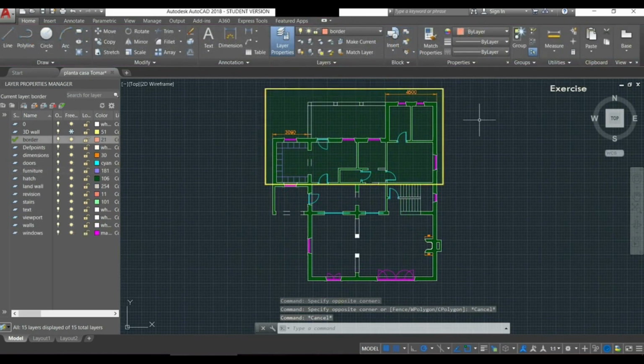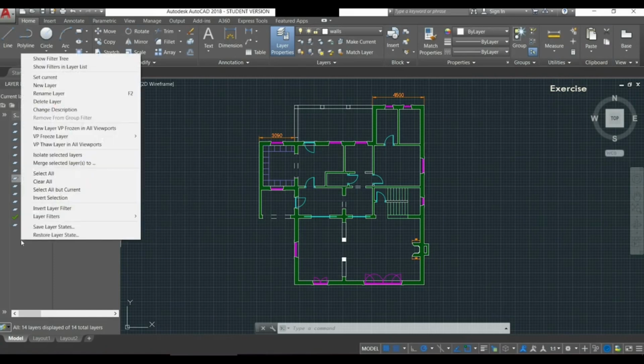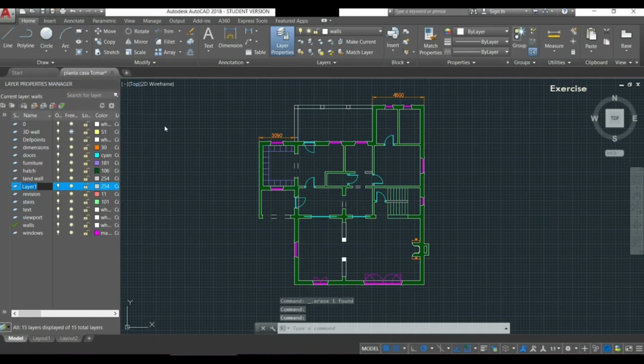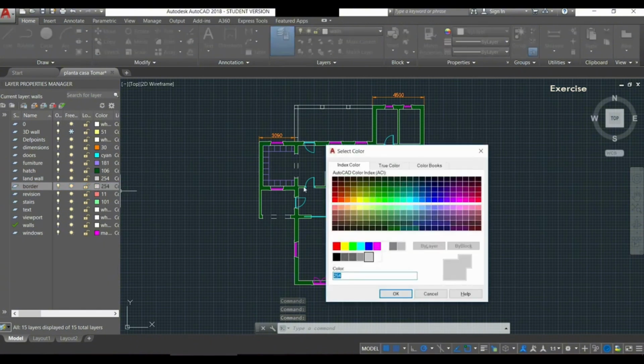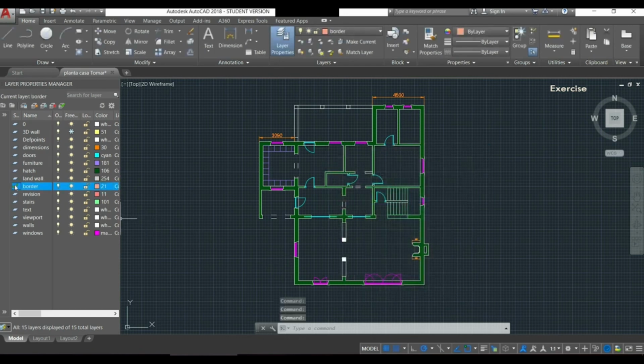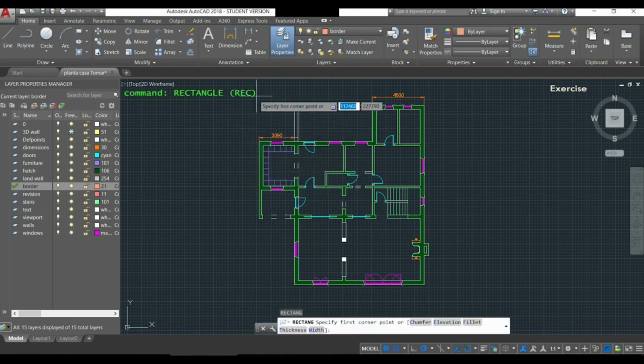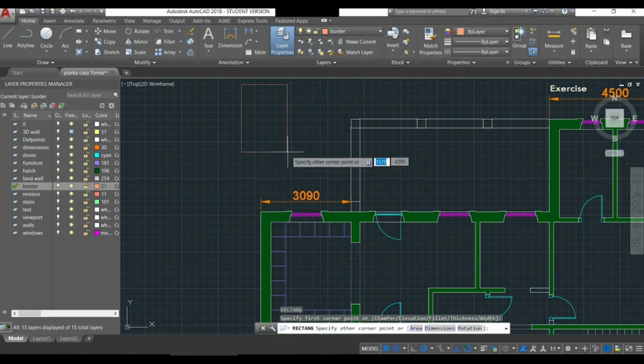Also, if you make a mistake in the filling, you can go back by pressing Ctrl plus Z, and then you can continue. When I finish, I press enter or escape. If I want a specific pattern, it's better to specify it in the end. If I want to change the color, I go to the layer hatch, and I'm going to switch it to green. Before finishing this tutorial, pay attention to this example.